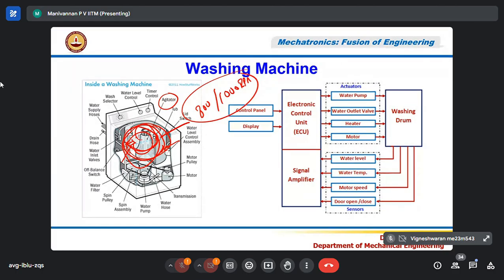Okay, so this is how it works. Now, if I wanted to mention how it works, I can draw a flow chart. First, I have to start, then program my machine. What I say is, programming my machine. The next step is this one: I say what type of cloth,